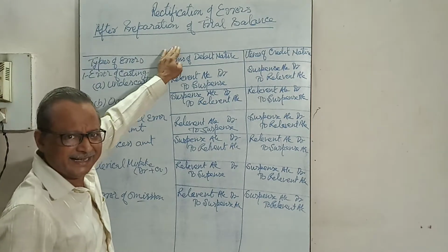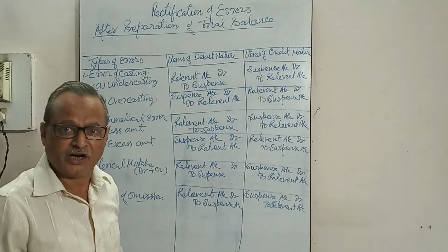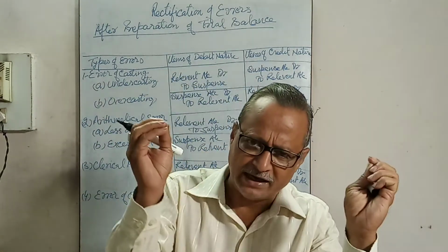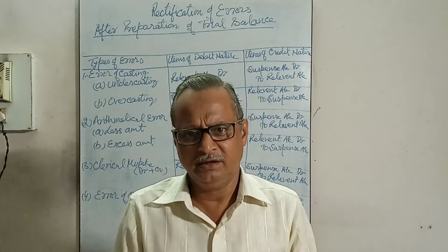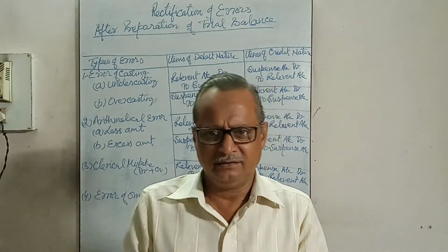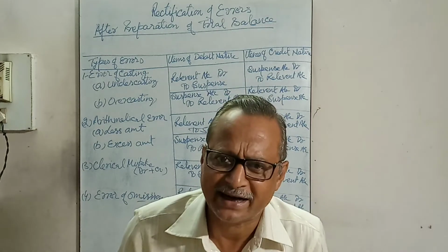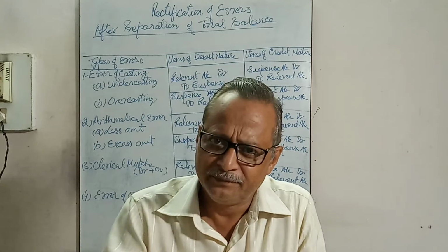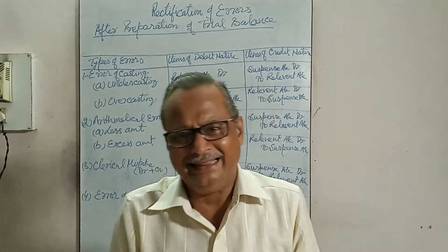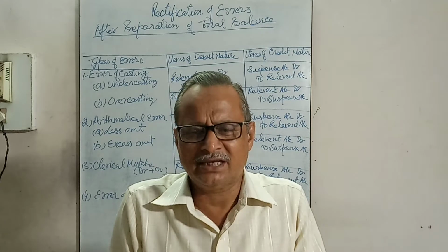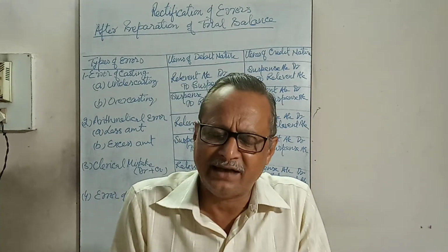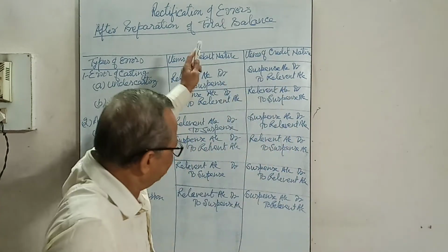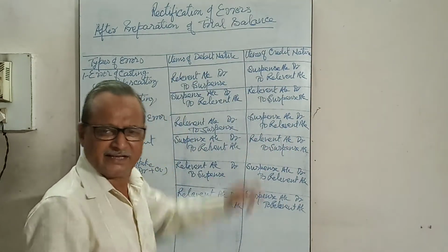If the error is to be rectified after preparation of final accounts, when the trading profit and loss account and the balance sheet have been prepared, and up to the closing date no errors were located, we have reached the next year, and then some errors were detected, in that case we will rectify the single-sided errors in the same way, but